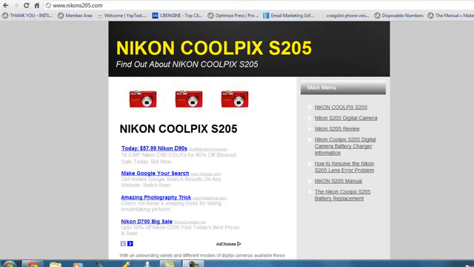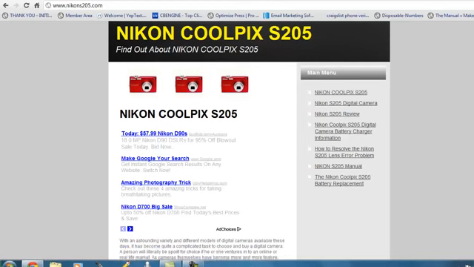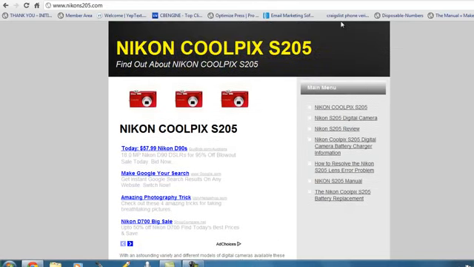Okay, so this is an example. This is the Nikon Coolpix S205. Now all these websites so far are single keyword domain names, and it's either .com, .net, or .org, one of those 3. And that way it is actually tailored to the specific keyword. Now this is a product. Okay, I'm going after product-based AdSense revenue, which means every website I will create.